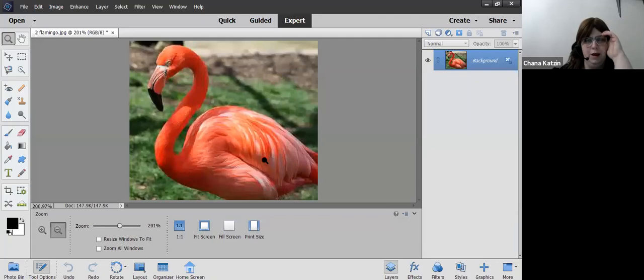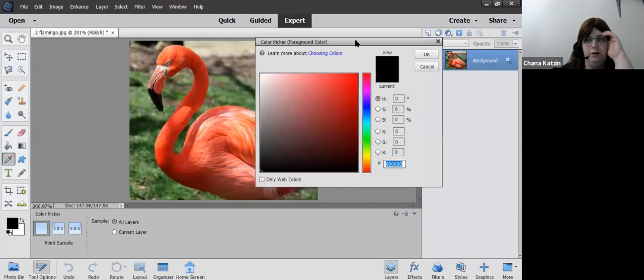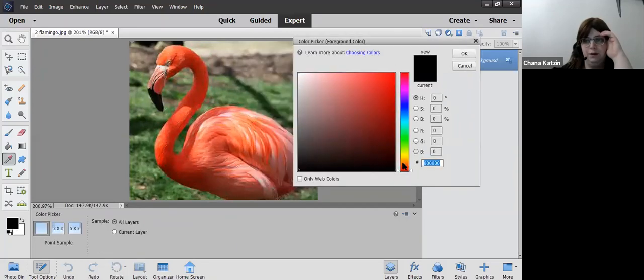going on here, right? If I like this color and I want to do something with it, it would be very silly if I start looking for it manually over here, right? Because wouldn't it be so much smarter if I can just steal it from the image, sort of? And you can. When my color picker is open, if I move my mouse to the picture, look what it